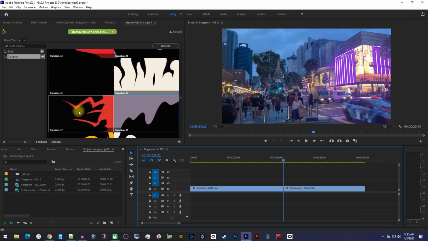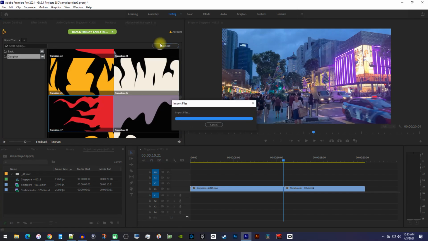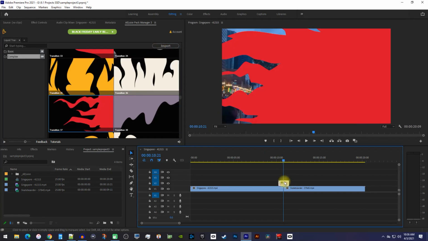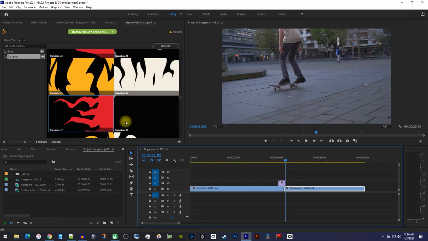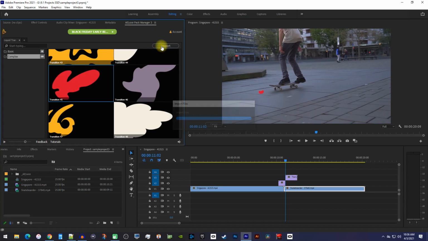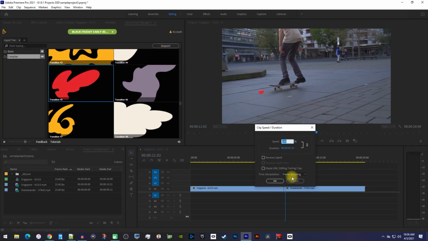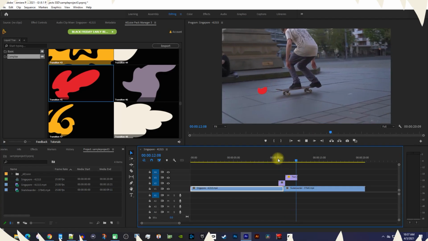What I like to do is to create and combine them by finding one that I like, this red one, and after I add it to the timeline, I'll just trim it up to the point where it goes completely red. Then I'll find another red one that I like and put it on the track above. Next, I'll simply reverse it, and now I have a custom transition I can use between cuts.